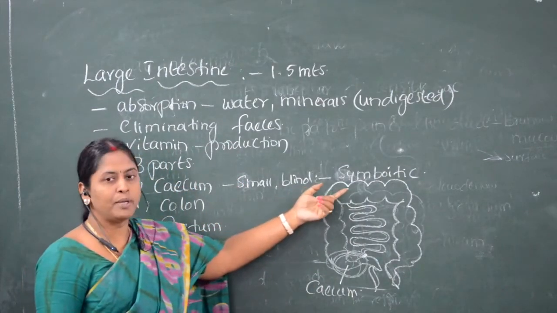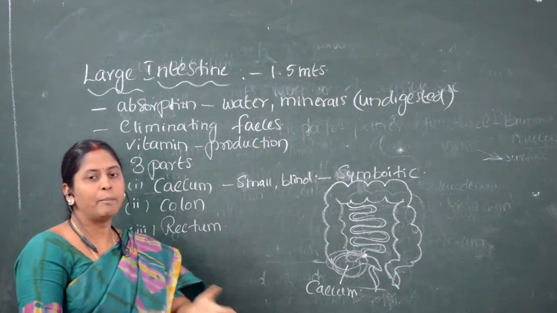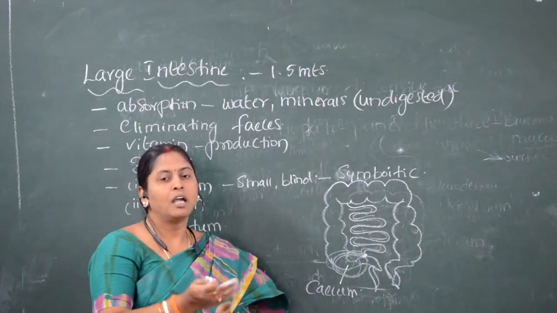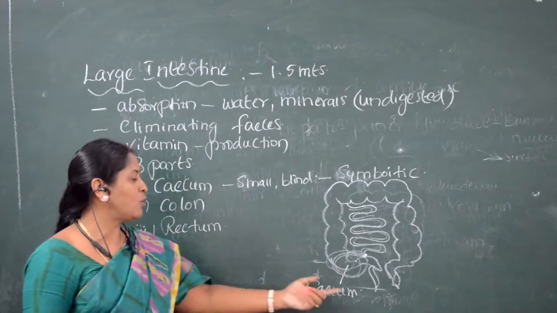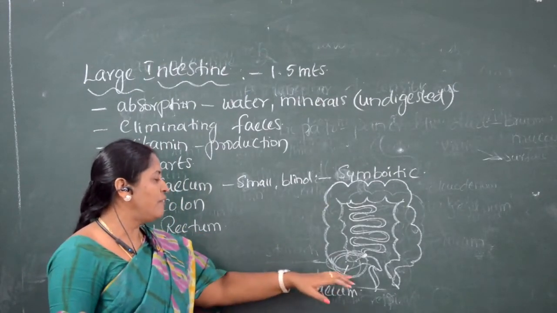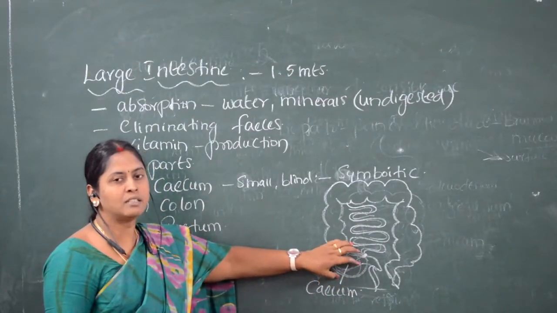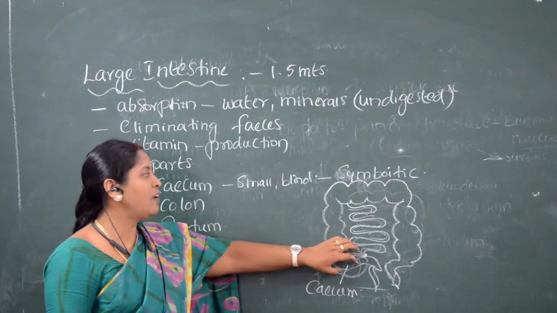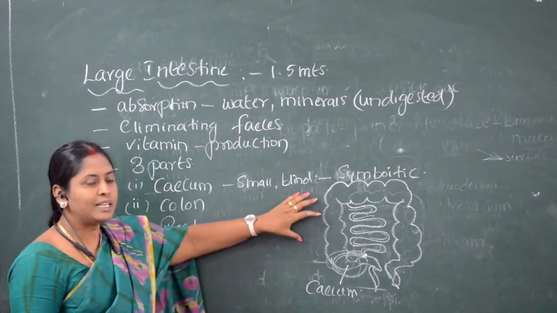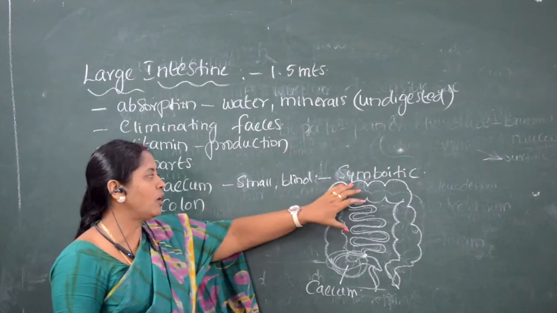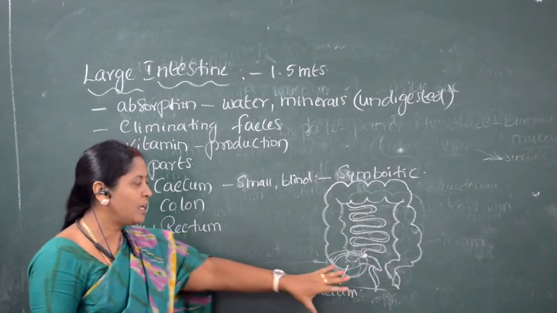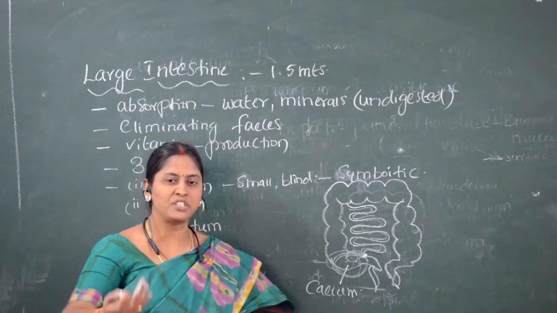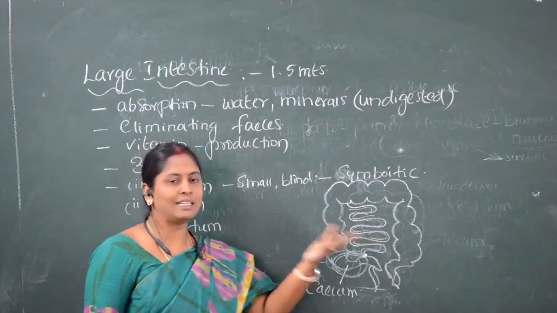What is meant by symbiotic microorganisms? Symbiotic microorganisms are nothing but germs which benefit from the host, and also help the organism to digest the food materials or produce vitamins which are helpful for the host. Such kind of microorganism we call a symbiotic microorganism. Very important, children. Symbiotic microorganisms are present in the cecum, colon, rectum, anus.